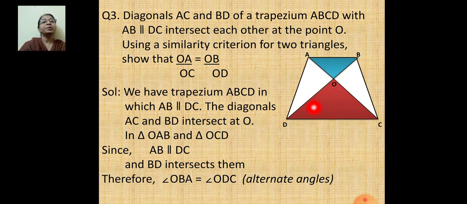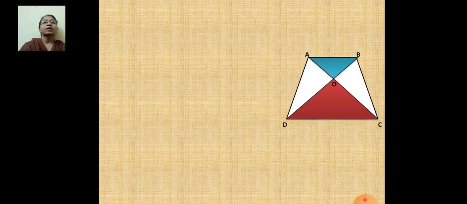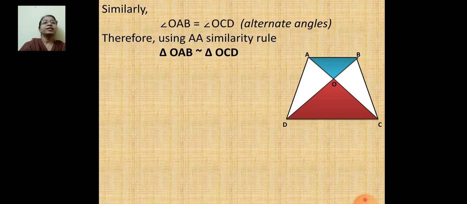Now consider BD as a transversal. So you will get angle OBA congruent to angle ODC. Which type of angles are they? They are alternate angles, and alternate angles are always equal. So give this as equation number 1. Now, secondly, BD we have already taken, so now take AC as a transversal.